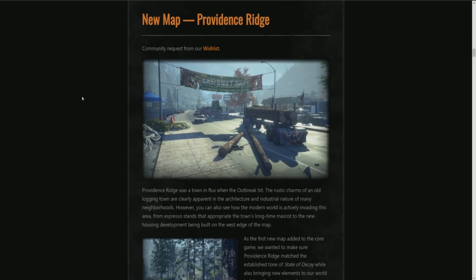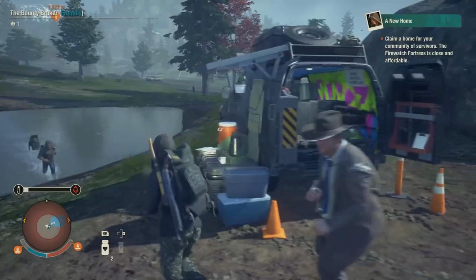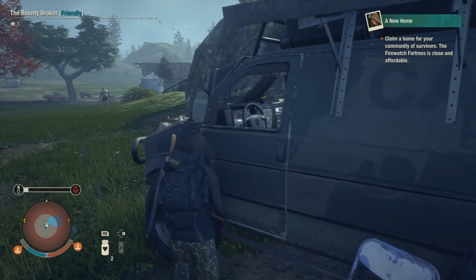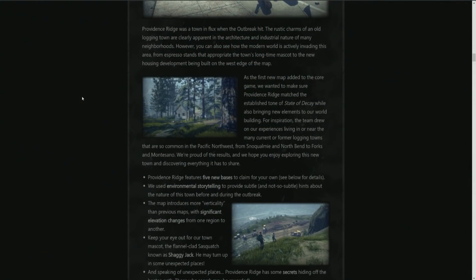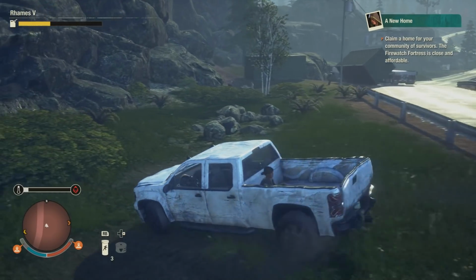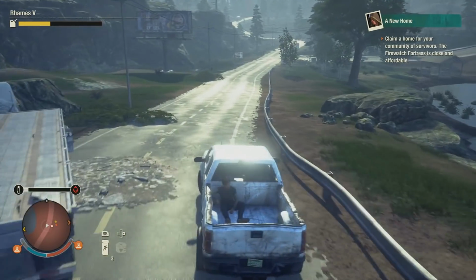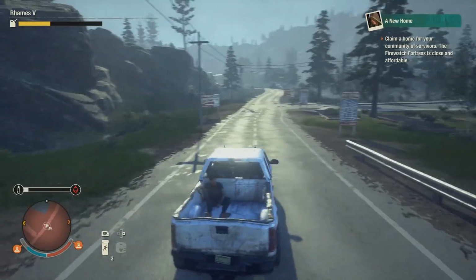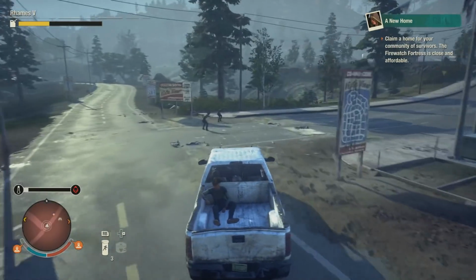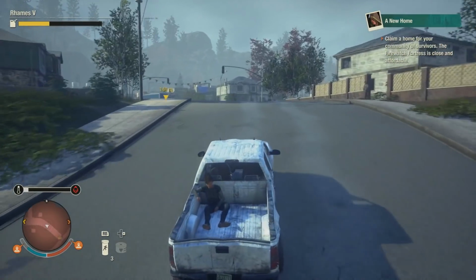Next up here is the new map, which you're seeing gameplay of currently. Once again, it looks really nice. It's called Providence Ridge. And to get into detail about this new map, Providence Ridge was a town in flux when the outbreak hit. The rustic charms of an old logging town are clearly apparent in the architecture and industrial nature of many neighborhoods. However, you can also see how the modern world is actively invading this area, from espresso stands that appropriate the town's longtime mascot to the new housing development being built on the west edge of the